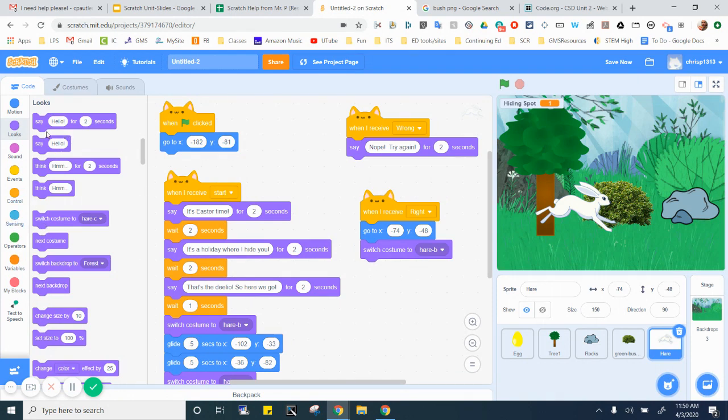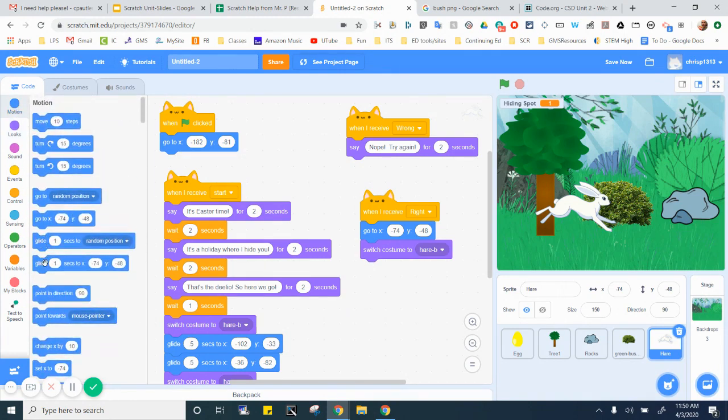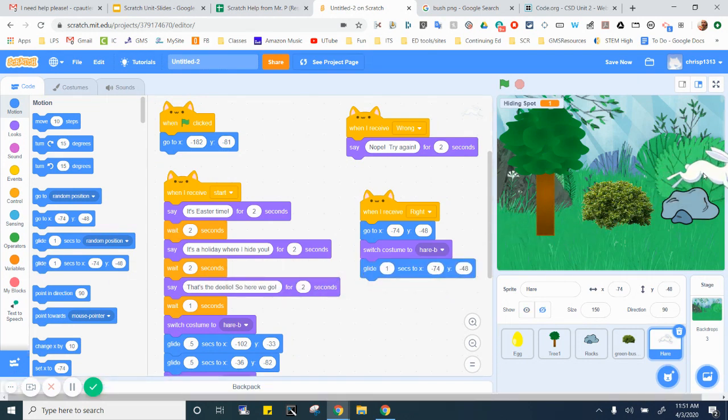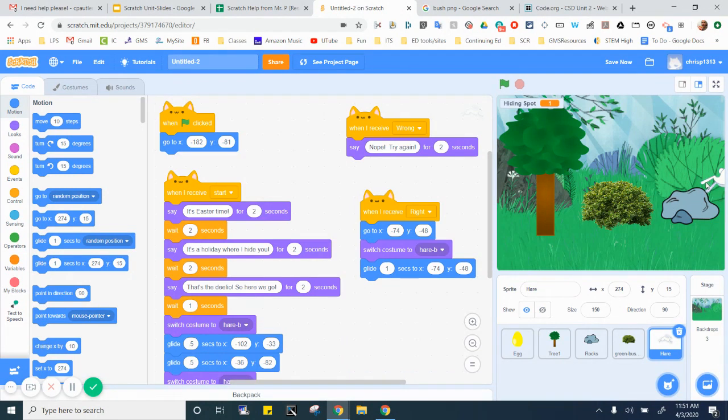This is kind of a cool effect I've seen some people do, which is you have him glide to the end. So basically I'm going to have him look like he's zipping across, and now I'm going to drag him really far so you can basically just see his legs there. So he's going to zip to there, and that'll be 1 second, yeah. When he gets there, I want to,